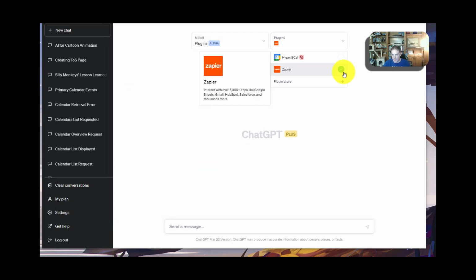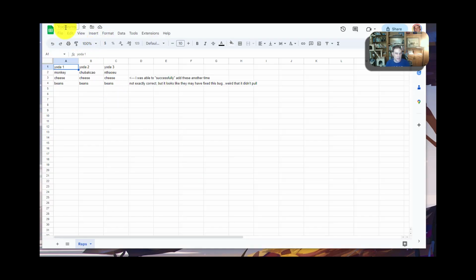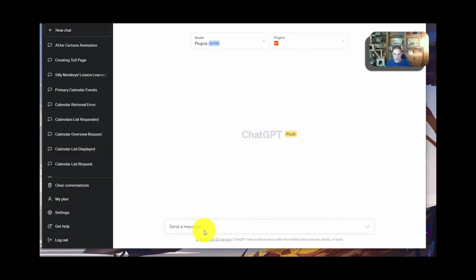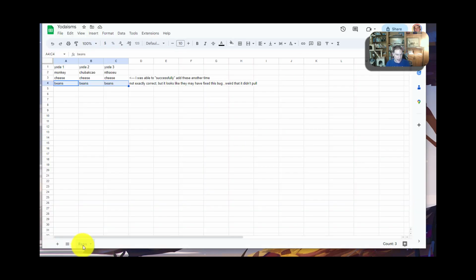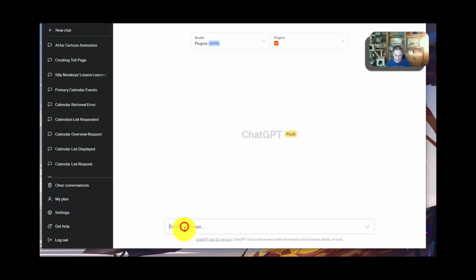All right, so now we've got it enabled here, and I have a sheet. Let me pull it up. Okay, so here's a sheet, Yoda-isms, and what it seems to do is it'll repeat itself when it's not supposed to. That's what the last time I did it did, which was about a week ago. The first time I did it, it wouldn't do anything. So what we're going to do is we have wraps, I think they call this the sheet, and this is the worksheet. I don't remember exactly how they name it, but let's say, please add,